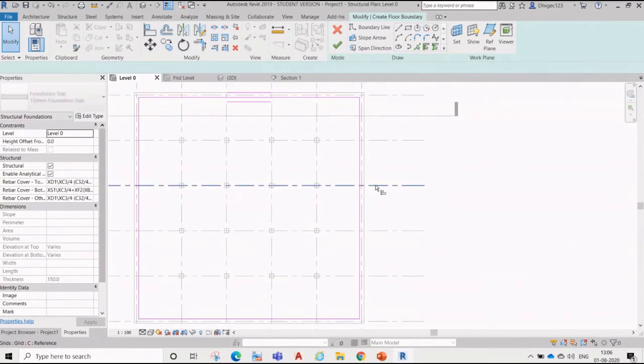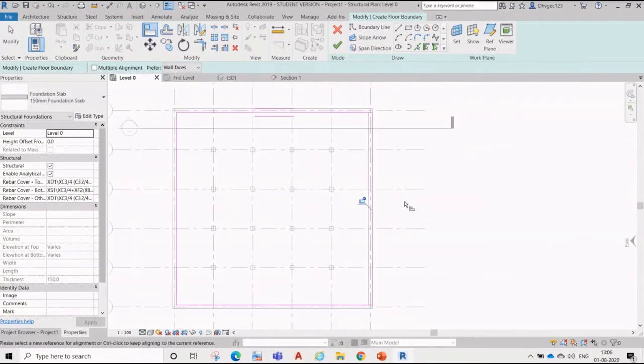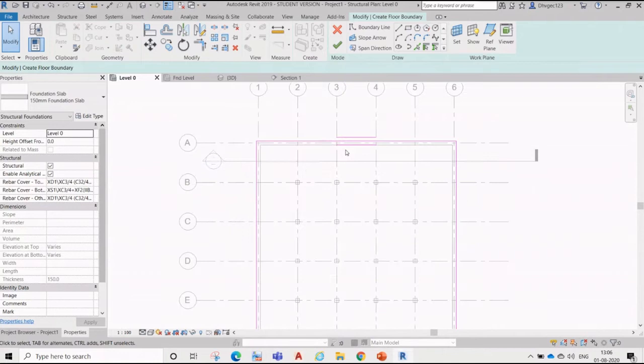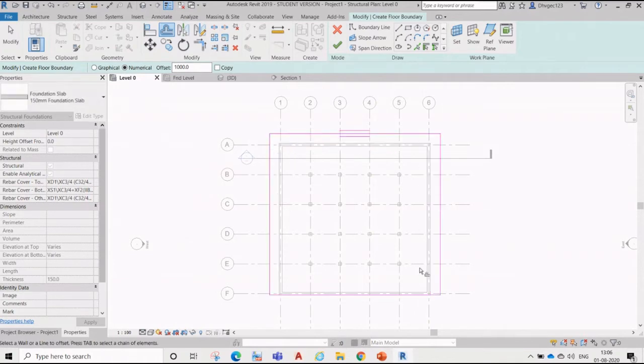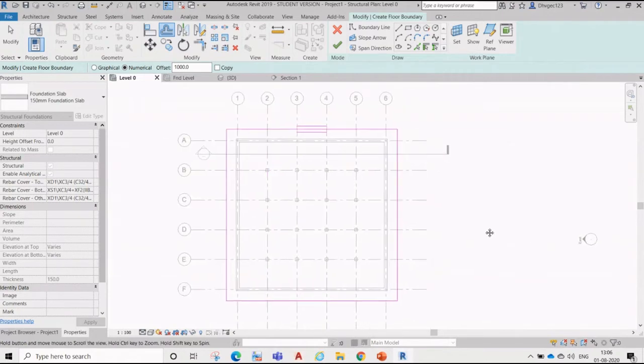Before alignment, if I click that one and that one, I want this floor level over here, or I want it projected outside. If I want it projected outside, I will say 1 meter projection. With the offset, it will show the preview of which side. So now this is my ground floor over here.